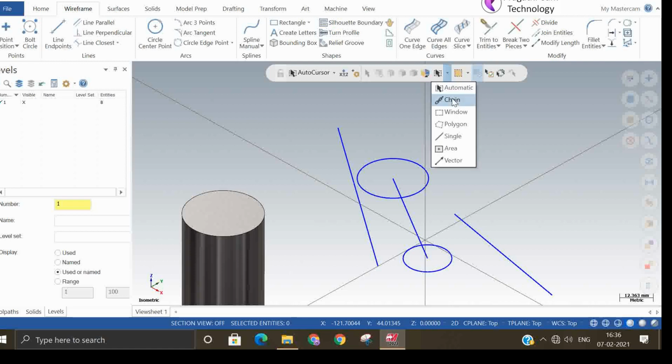Chain selection, window selection. So these are the selection methods. The other one is the solid selection method, and this is the chain selection methods. So these are the window selection methods. Inside, outside, intersection. These all are the selection methods.